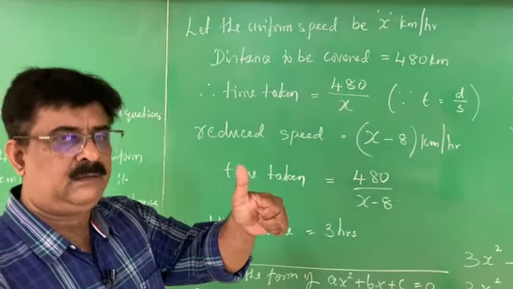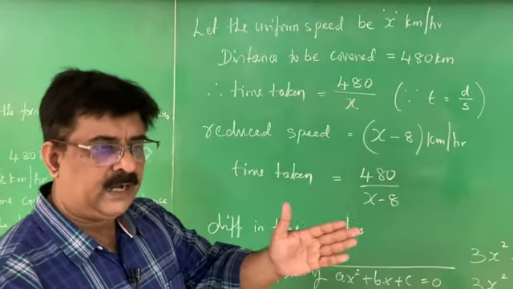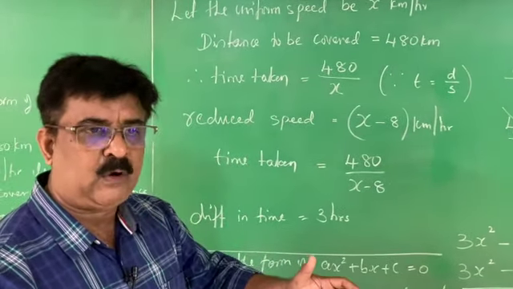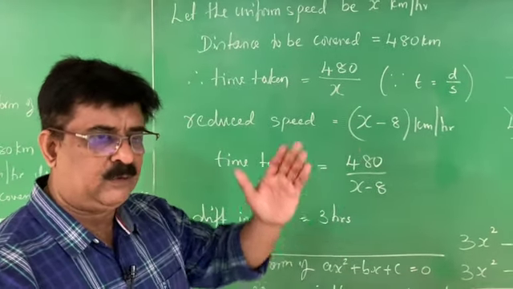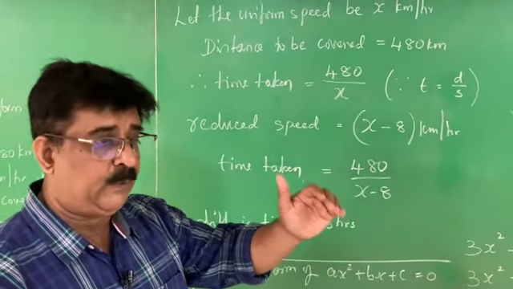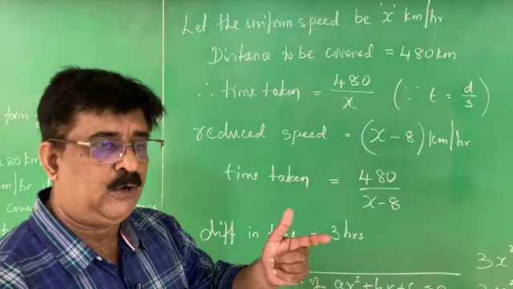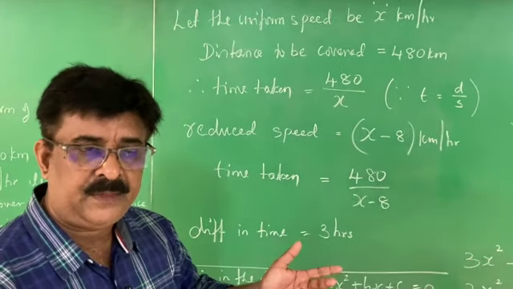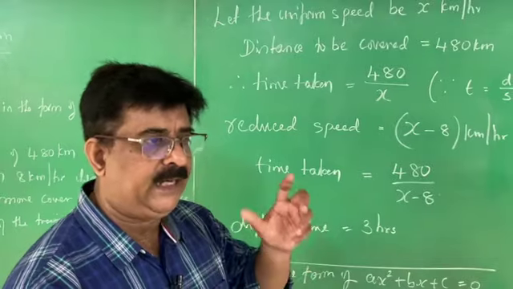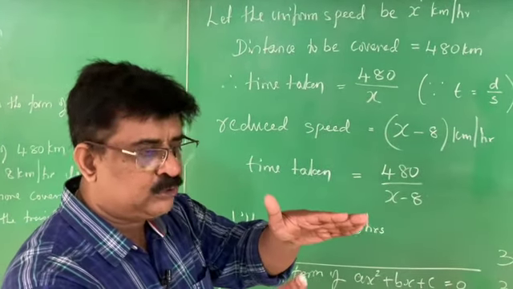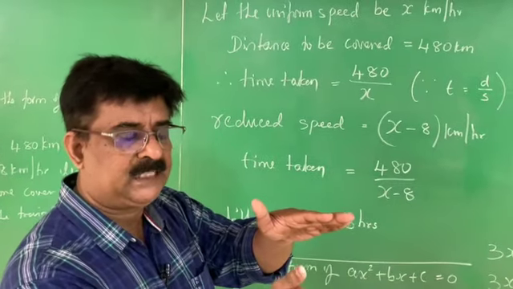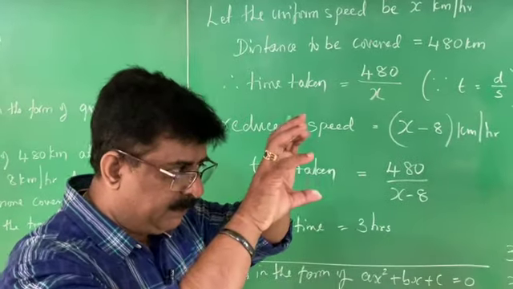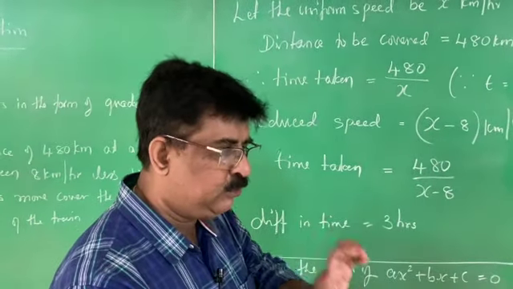What is an equation? Mathematical relation is an equation. What is a quadratic equation? Second degree equation is a quadratic equation. And which is the standard form of a quadratic equation? Ax square plus bx plus c is equal to 0, an equation of variable x, where a should not be equal to 0. What are these a, b, c? They are constants. Therefore, whenever we want to solve an equation, the equation should be reduced to the standard form ax square plus bx plus c is equal to 0. Therefore, the first exercise is meant for bringing all the equations or statements to the standard form.